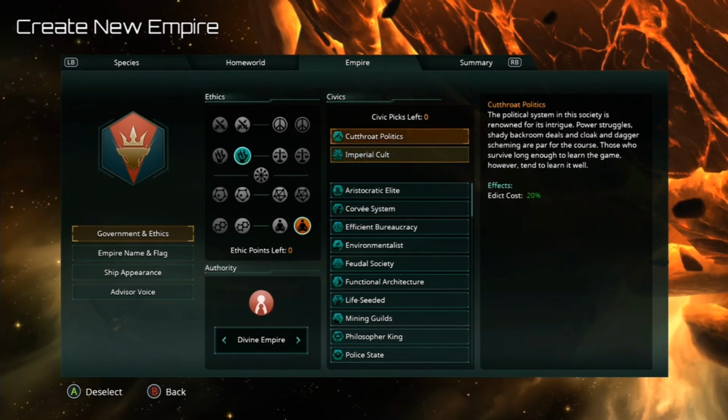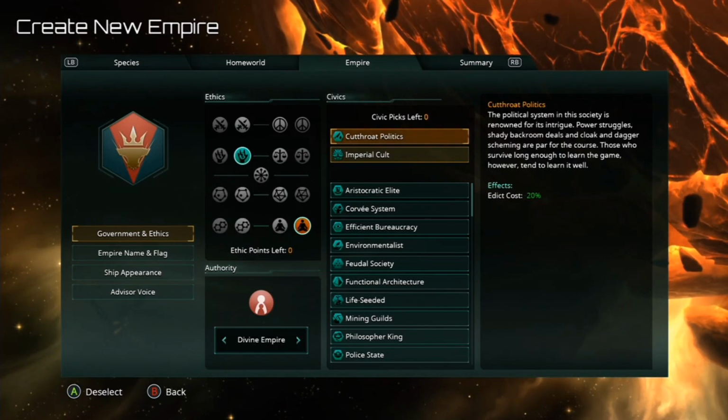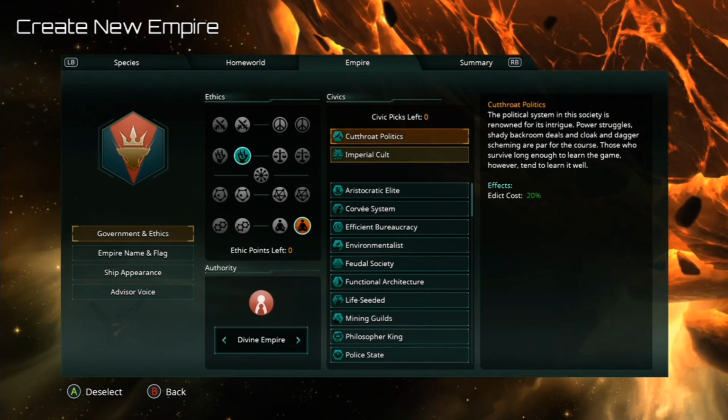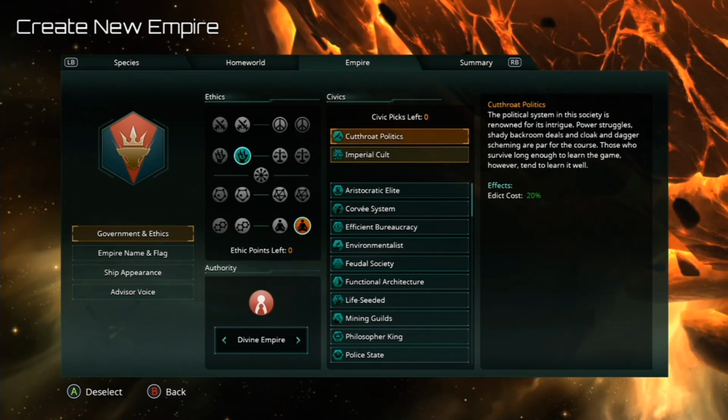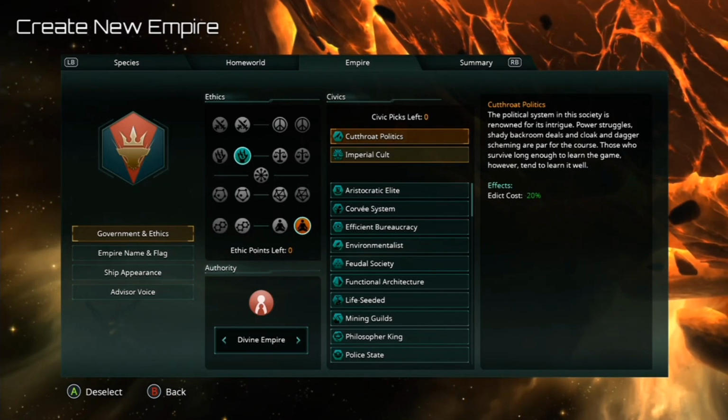The 2 starting civics, the very first one is Cutthroat Politics, which reduces the costs of your edicts by an additional 20%, for a total of a 30% reduction in the cost of activating an edict. So, as I said, a good example is Map the Stars, which normally costs 100 influence. This will now only cost 70 influence at the very start of the game. And the second